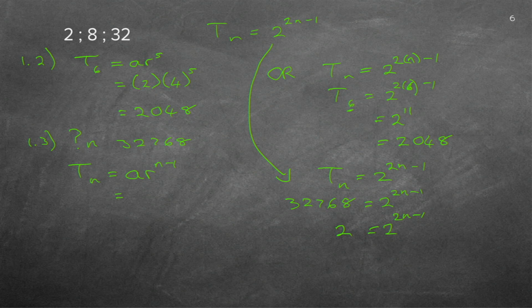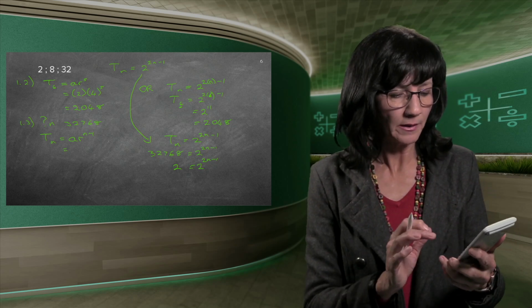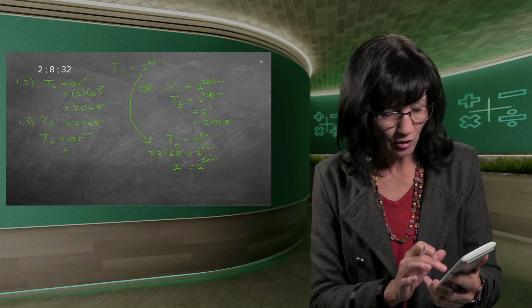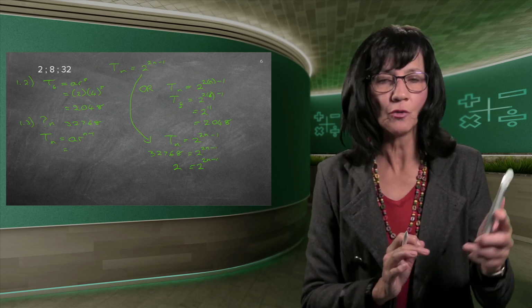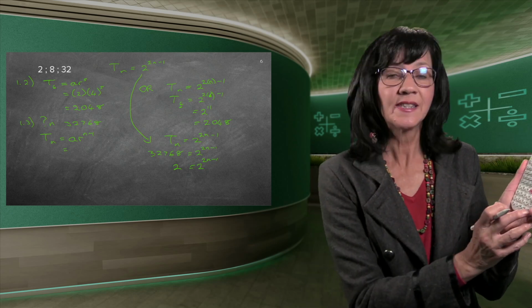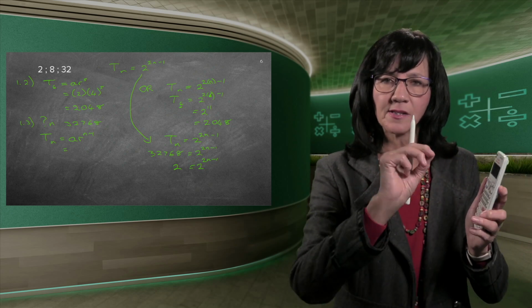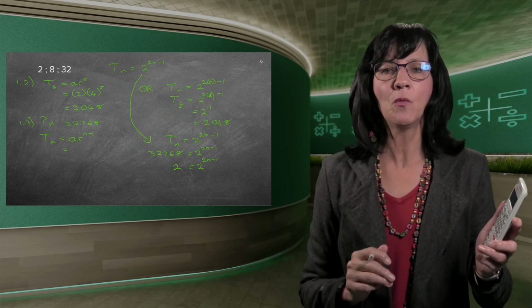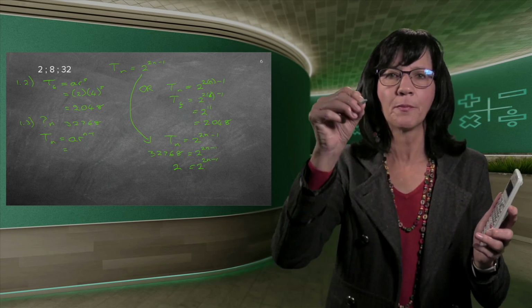Now, I don't know if you know this on your calculator, but if you take your calculator and you slot in, let's just get a clear pad. If you slot in 32768, you can do it with me. You press the equal sign. It's very important to press the equal sign to tell your calculator this is the value I'm giving you, and then you want to break it into prime factors. You would like to have it 2 to the power of something.